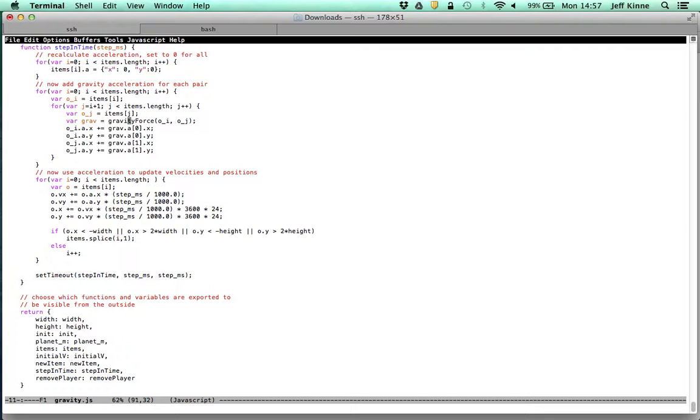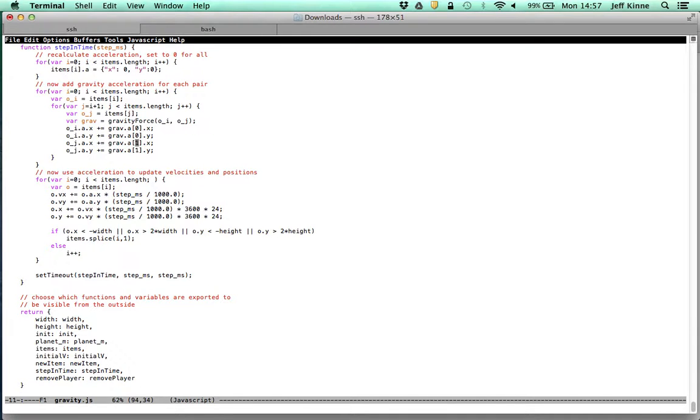There's a function called gravity force that we give two objects, and that returns an acceleration of the first item to the second item. So we add those to each of the items. It's actually returning the acceleration of the first item and of the second item,